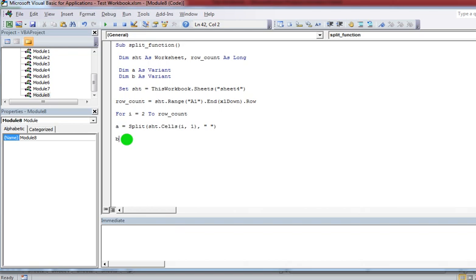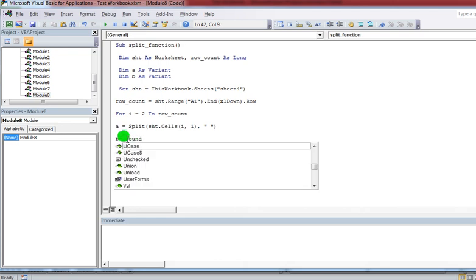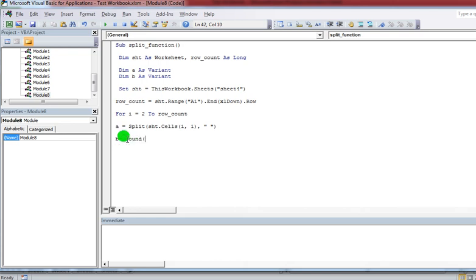So in b I found the maximum size of the array with the help of the upper bound of a. Guys, if you don't know the upper bound, please refer to my previous videos to learn about the upper bound and lower bound, right? Now I'm applying another for loop to get the data from the array. So I'm looping from 0 to b, right?